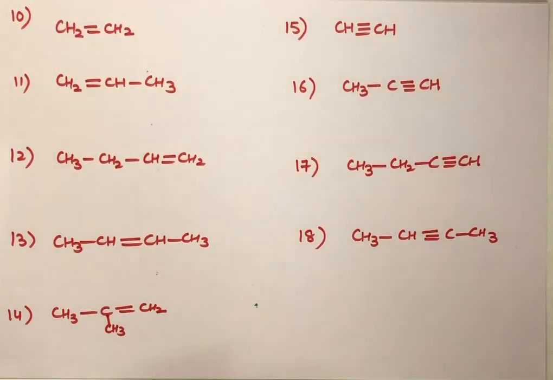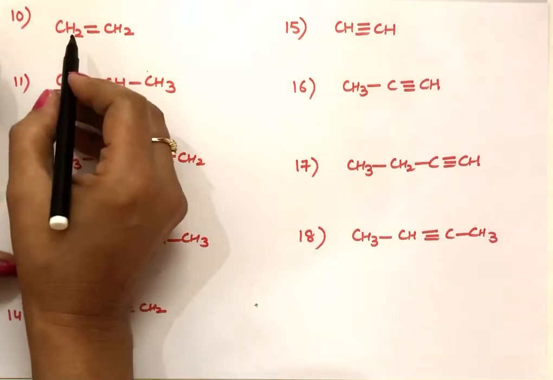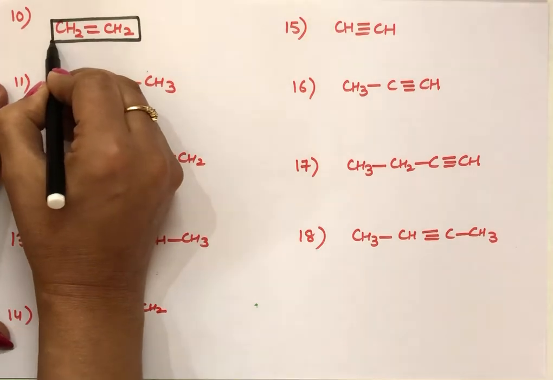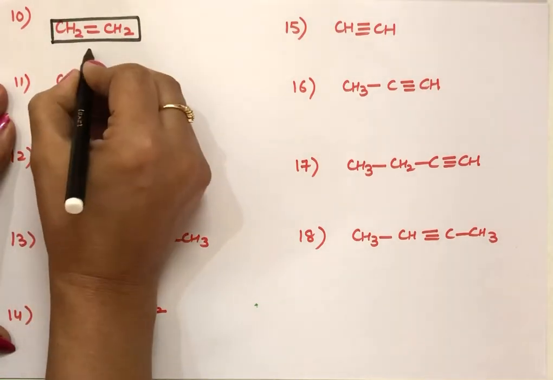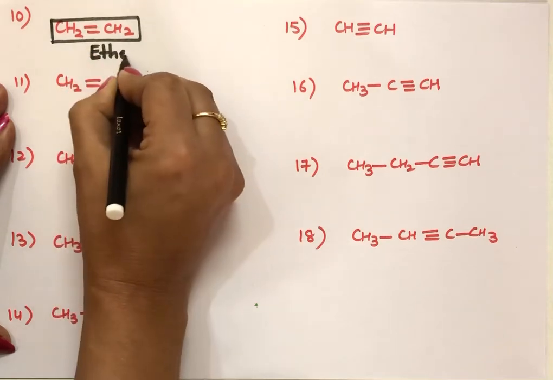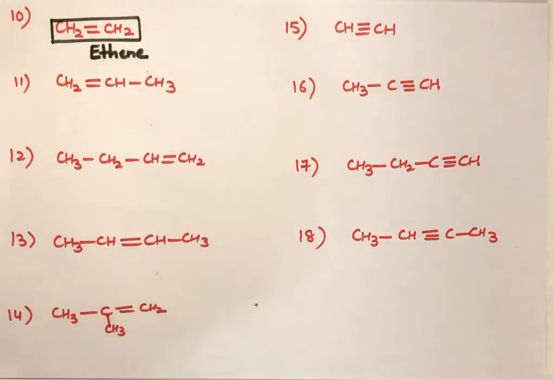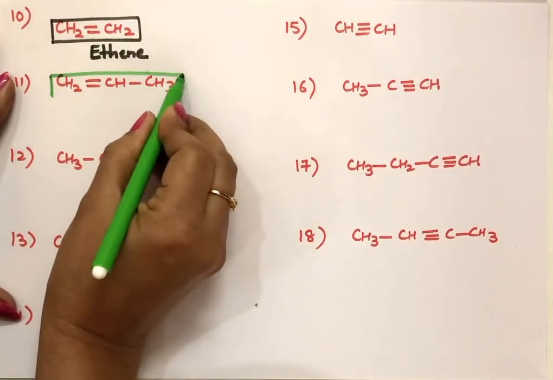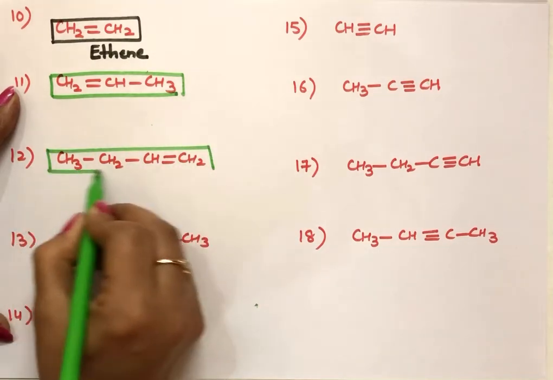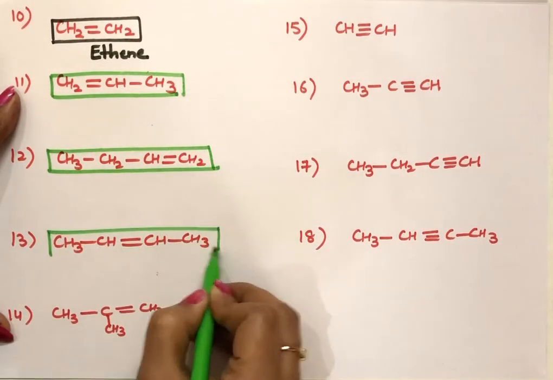Now next one here. This compound now has a double bond. This is a parent chain only. There is no branching here, no substituent here. 2 carbon atoms in this, so the word root is eth. But there's a double bond, so after this we add ene here: ethene. Next compound. This is a parent chain, no substituent here. Even here, this is a chain, no substituent here. This is a chain, no substituent here.